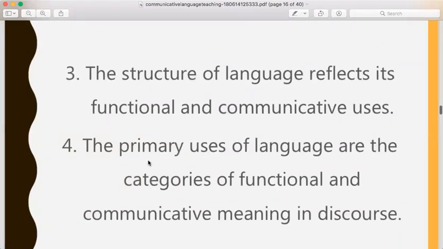Now, we have talked about grammatical competence also. We also talked about structures. But here, the structures are also functional. The structures of the language should be functional and should have communicative uses. Those should not just stand as structures alone. Those should not be learned. And in this method, you would see that